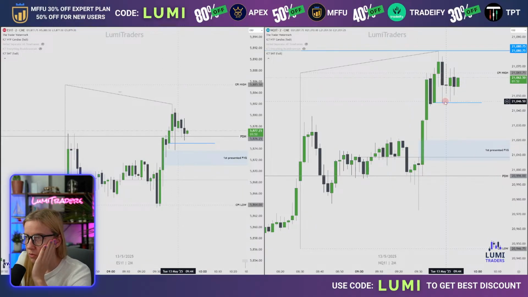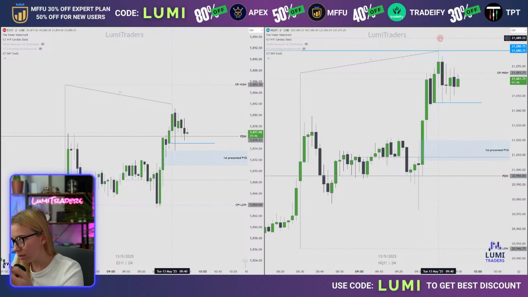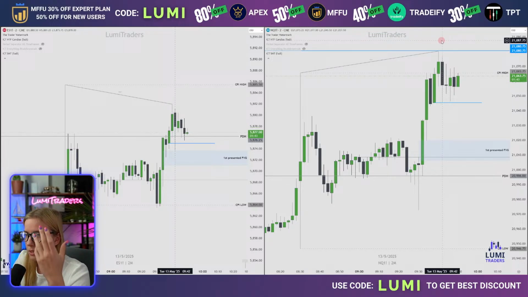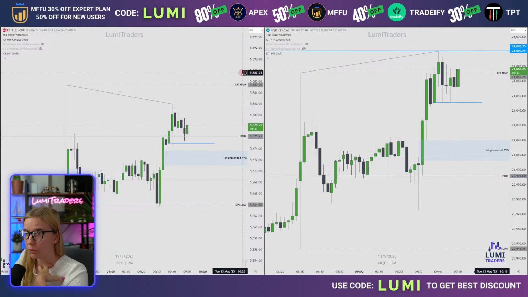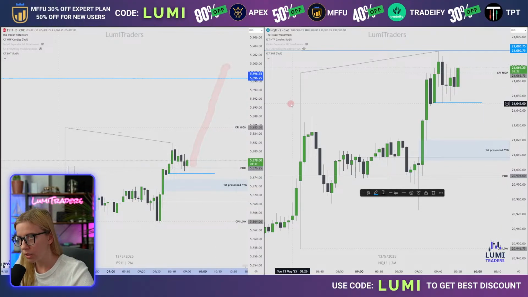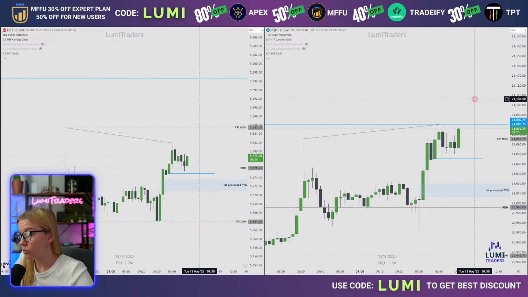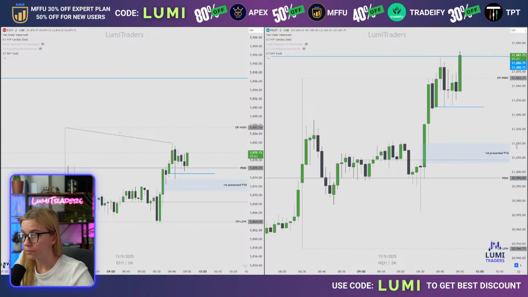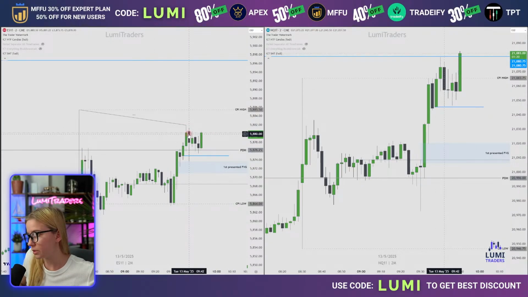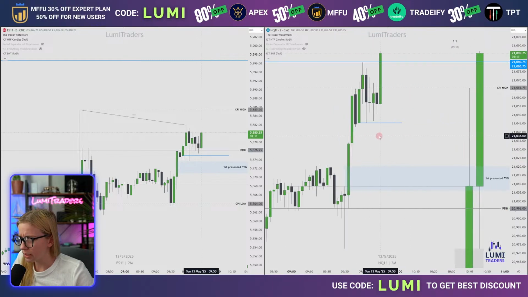So I highlighted a potential order block right here as well. Why I would like to highlight this order block: because we have SMT, but without an order block, it's meaningless, I believe. So it doesn't make any sense. Yes, I would like to see higher, guys. I'm not going to lie. I would like to see ES taking out the 900 level. If not 900, at least 97. And NQ going higher as well. So if we go higher, that's going to be amazing. Would like to see validation of this SMT, as I said before. Just struggling so far. On the 1 minute chart, nothing interesting, I would say, yet.